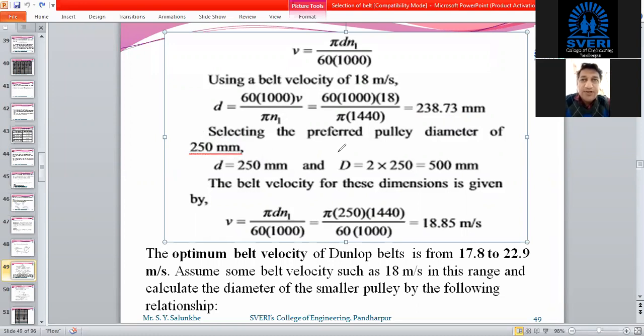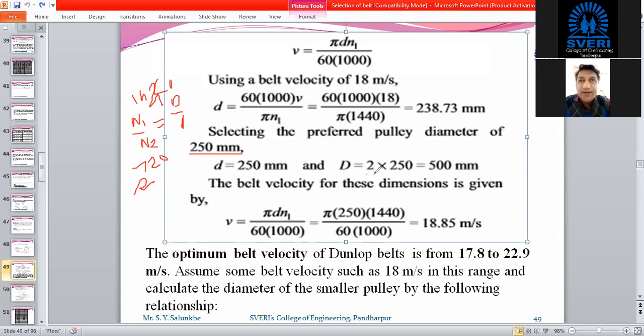As you know, 1440 is exactly double of 720. That means if you take N1 divided by N2 equal to capital D divided by small d, with N1 as 1440 rpm and N2 as 720, this ratio comes as 2.